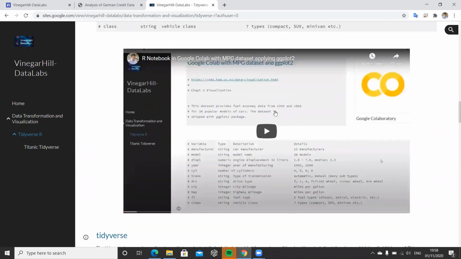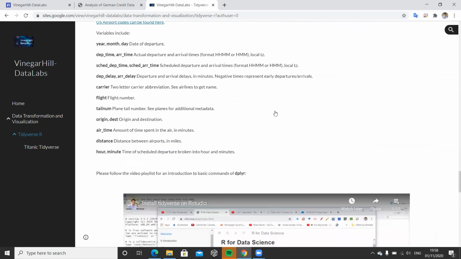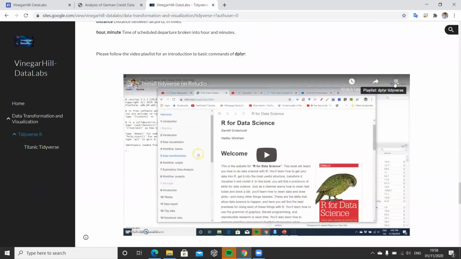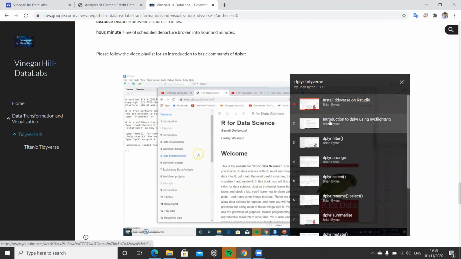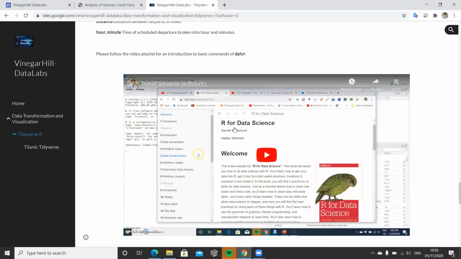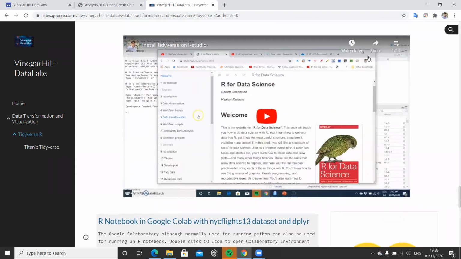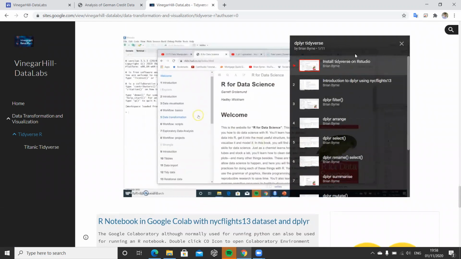The second playlist runs a range of data transformation syntax that's available in R for data science. So we start by installing the Tidyverse onto RStudio, and I can show how we do that on Google Colab, and then run through mainly